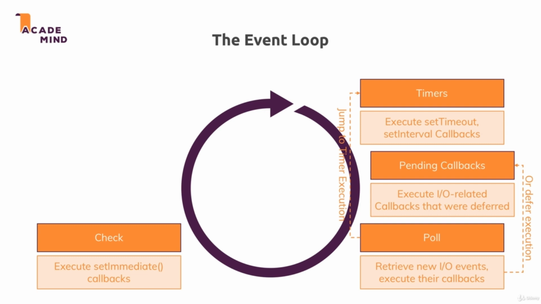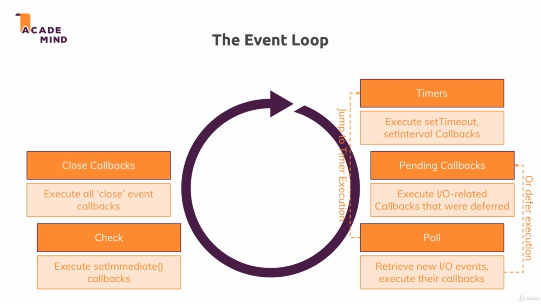Now we're nearing the end of each iteration cycle, and now Node.js will execute all close event callbacks. So if you registered any close events, and in our code we haven't, but if you had any close events, this would be the point of time where Node.js executes their appropriate callbacks. So roughly spoken, we have timer callbacks, we then have any I/O related callbacks and other event callbacks, and set immediate, followed by close event callbacks. So close events are basically handled separately, or their callbacks are handled separately, we should say. Well, and then